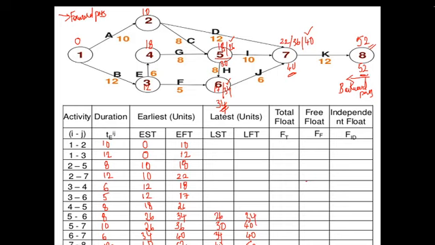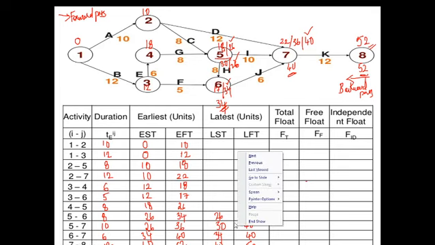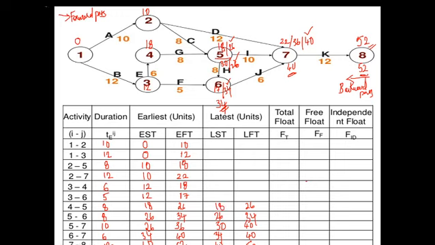So we have got two values at 5. Again there is a junction: 30 and 26. In backward pass calculation, which value will we choose? We will choose the lesser value. In forward pass calculation, we need to choose greater values, but in backward pass calculation, we will choose lesser values. So here again it is 26. 26 minus activity duration, which is 8, so it is 18. So on 4 we get it as 18.